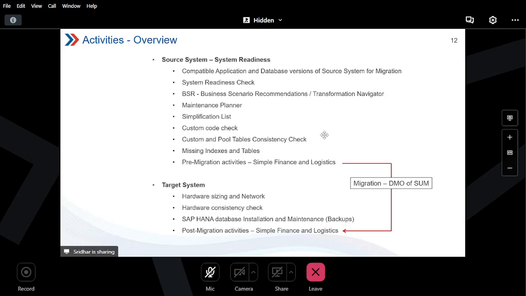a high level list of the activities which are there in this diagram, right? So we already have discussed readiness check, application database versions, and the BSR report. The BSR report is one report which we can generate along with the readiness check report. For this report, we give the ST03 data to SAP, and they give us this report. There is a portal where we upload this thing, business scenario